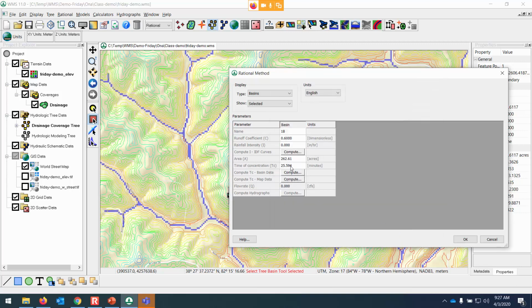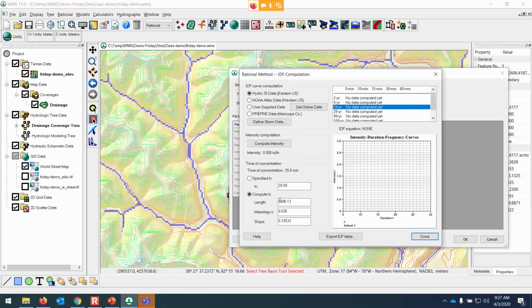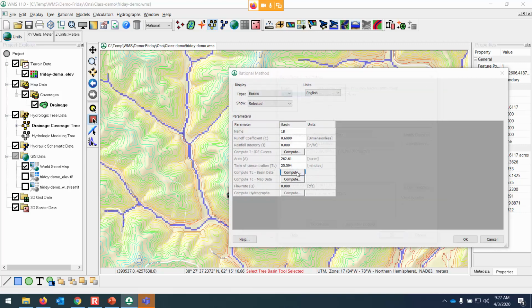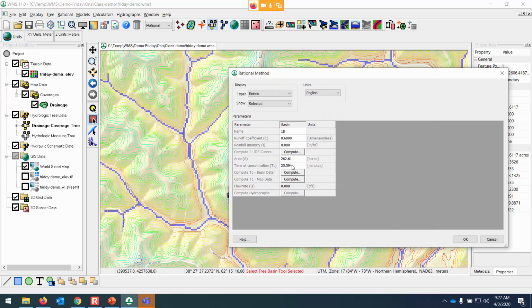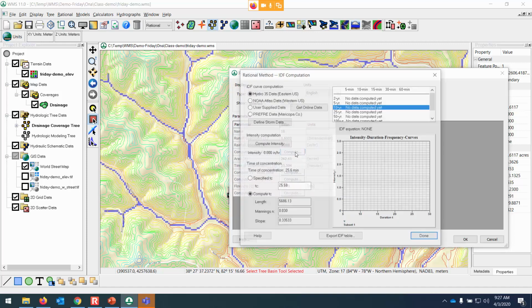So now we have a time of concentration estimated of 25 minutes. I wonder if we have to do that one first before it will calculate the overland flow version. So that's with the calculator that we just did here in the basin data. It has now filled in an estimate of the time of concentration of 25 minutes here,